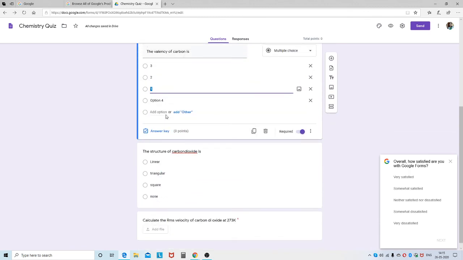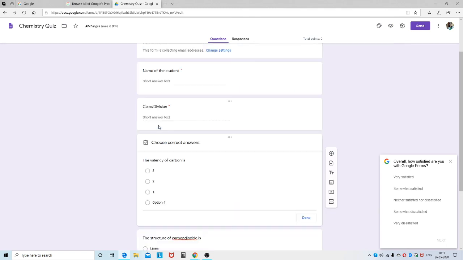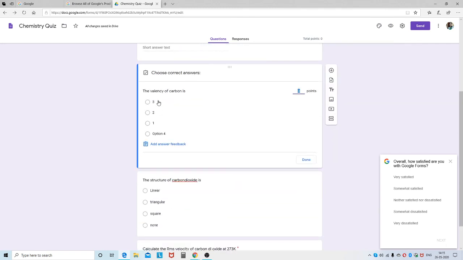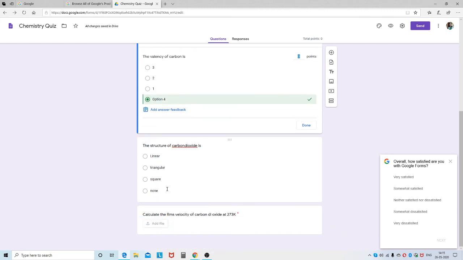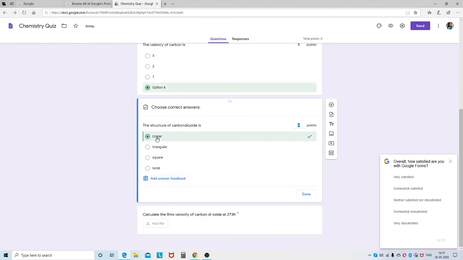Now you click the first question. We can see here the answer key. Upon clicking this, you can set the answer. What is the right answer? Option 4. Then here also you can click the answer key. What is the right answer? Linear.